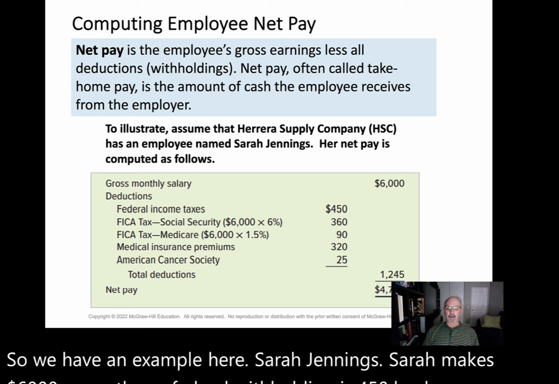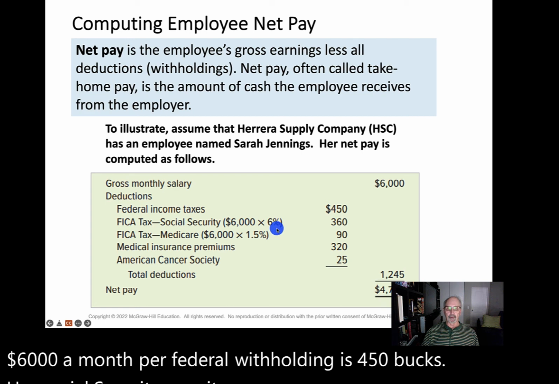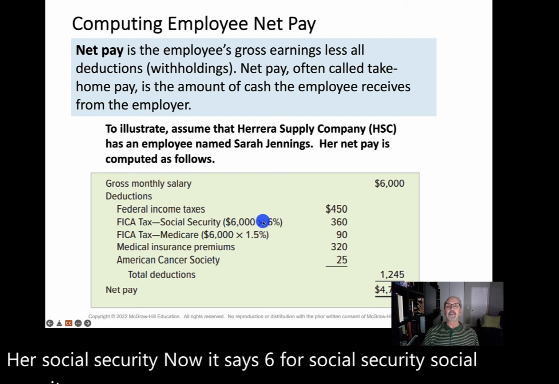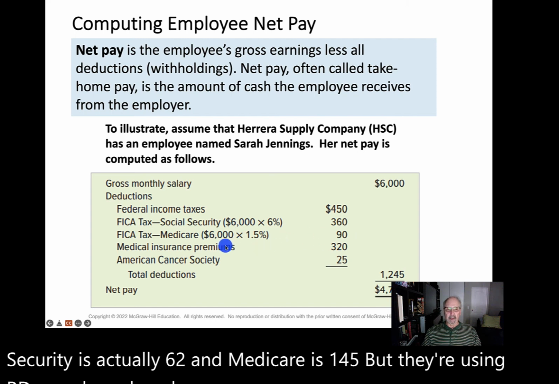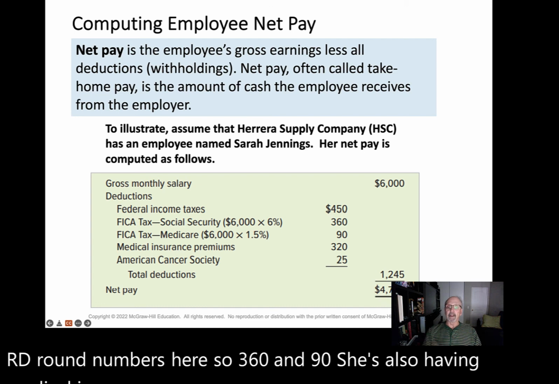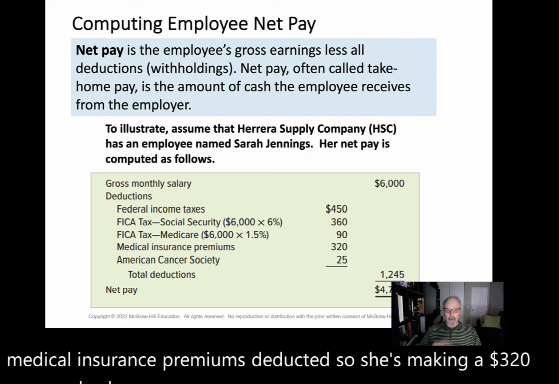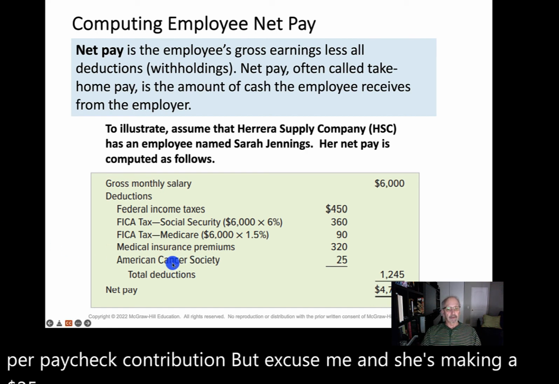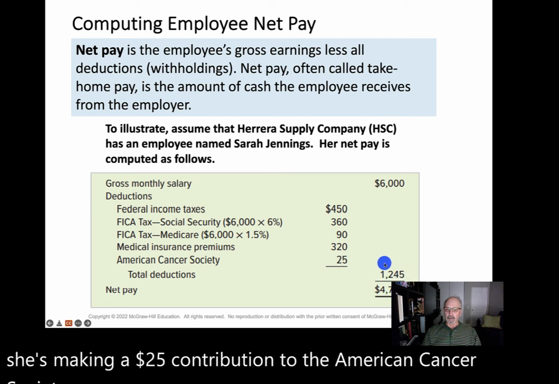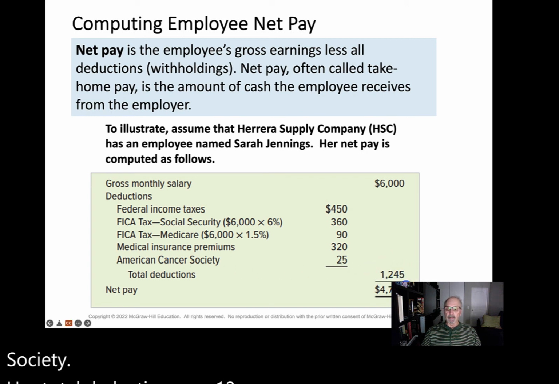Her Social Security, now it says 6% for Social Security. Social Security is actually 6.2%. And Medicare is 1.45%. But they're using round numbers here. So $360 and $90. She's also having medical insurance premiums deducted. So she's making a $320 per paycheck contribution. And she's making a $25 contribution to the American Cancer Society. Her total deductions are $1,245. Her net pay,